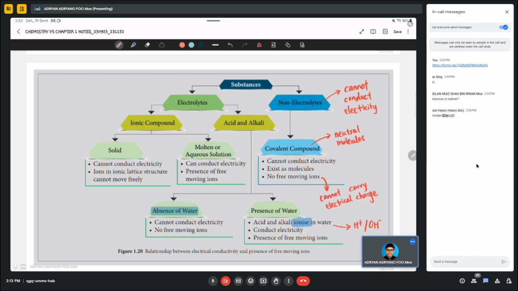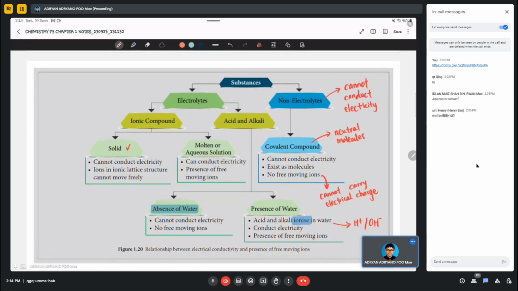So next we see ionic compound。ionic compound 也是一样，看到吗？solid 的时候它不能导电，为什么？Ions in ionic lattice structure，这里你就要 specific，because for ionic compound 你知道 solid 它是有 ionic bond 嘛 between 那些 ions，所以它就是因为没有水，那个水不能解开那个 ionic bond，所以导致它不能导电。为什么？因为它没有 free moving ions，看到吧？